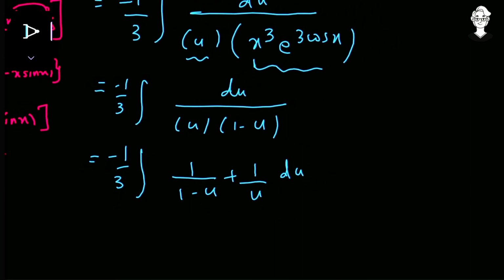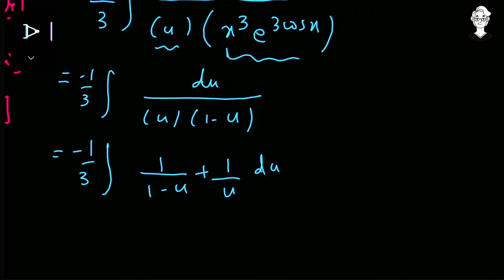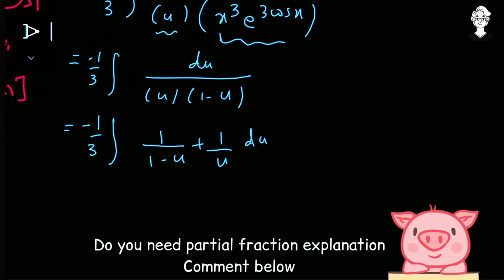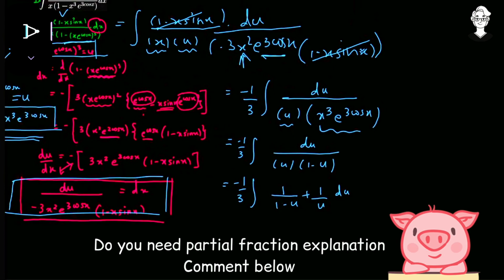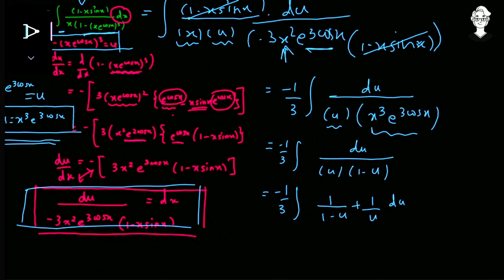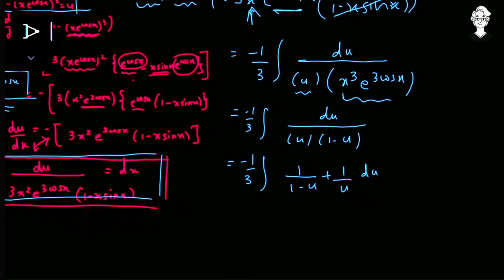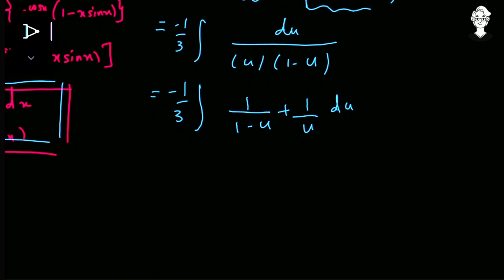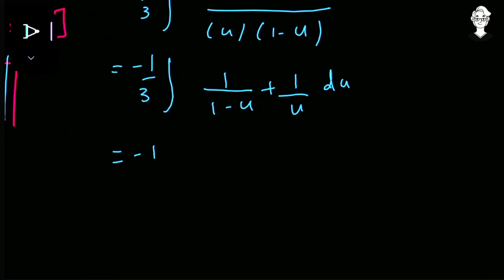This is the very basics, or we can say the partial fractions basic thing. This has been turned this way. Should I explain it? If you are trying this kind of integration you must be knowing this, so that's why I have skipped this derivative and this thing. So let us skip that. If I get a comment asking to explain these things in depth, then from my next integration I will explain that. So yes, negative 1 by 3 as it is, and now it will turn 1 upon 1